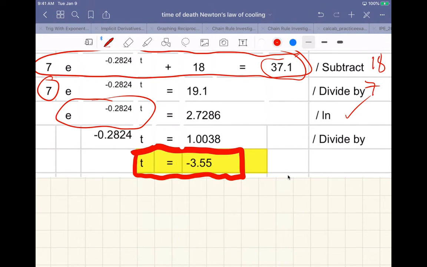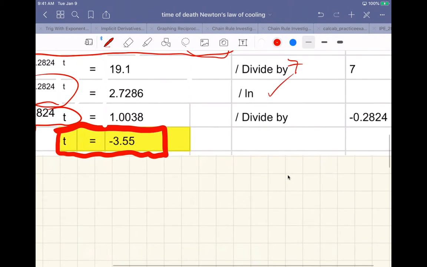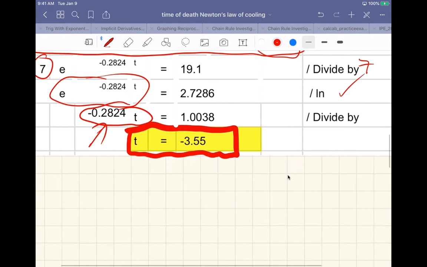And then I get negative 0.2824 times t. So that equals 1. And then I divide both sides by that negative 0.2824,